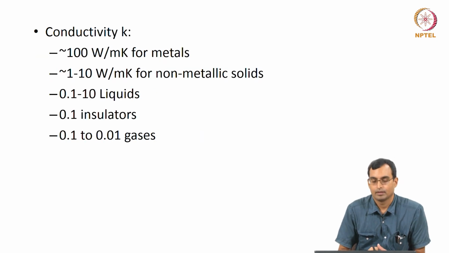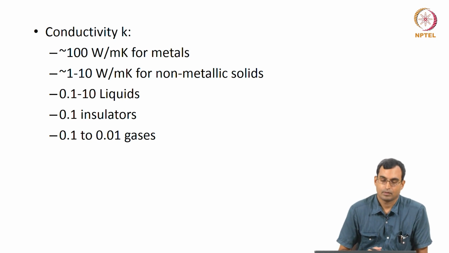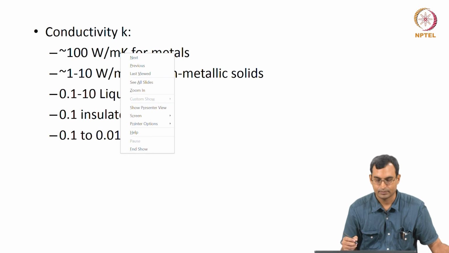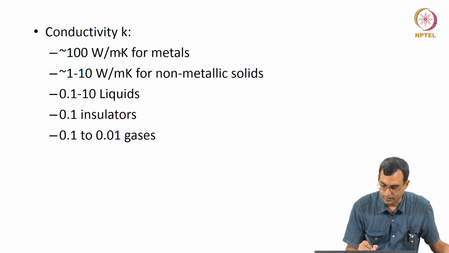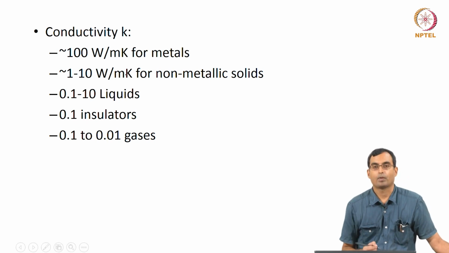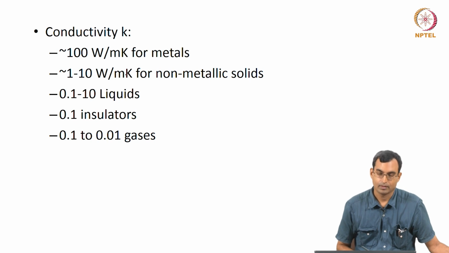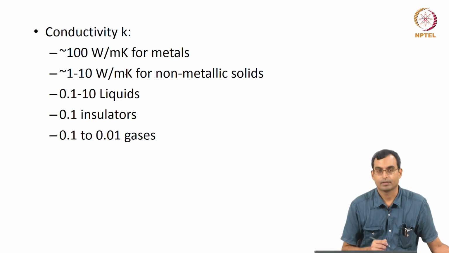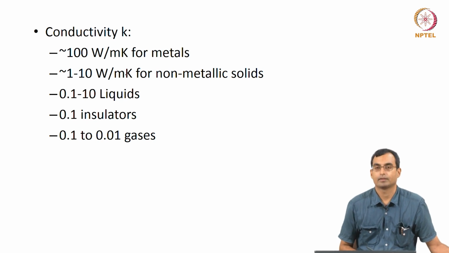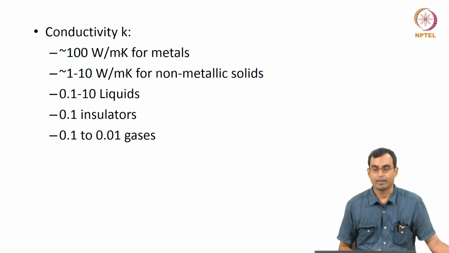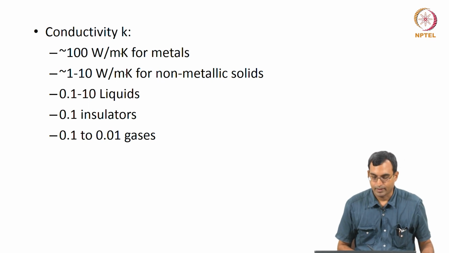We see that for metals K has a pretty high value, about 100 watts per meter Kelvin. For non-metallic solids it is of the order of 1 to 10 watts per meter Kelvin. It is about 0.1 to 10 watts per meter Kelvin for liquids, about 0.1 for insulators, and for gases it is very small, of the order of 0.01 watts per meter Kelvin. You should remember that this is not a millikelvin, this is a meter Kelvin. So, that is the kind of values we see for